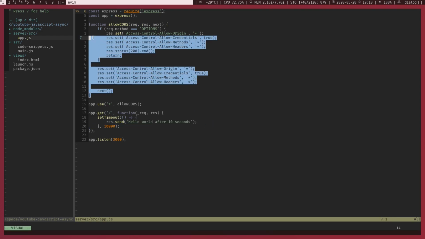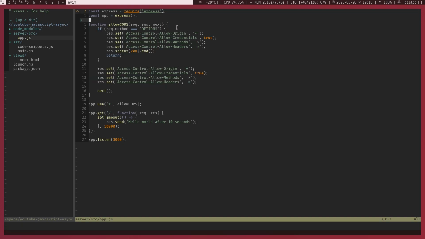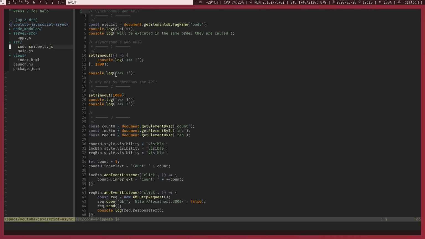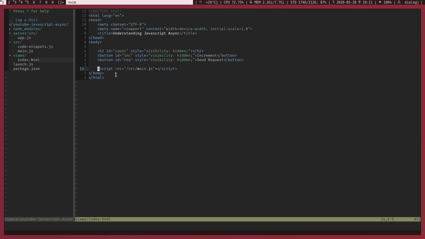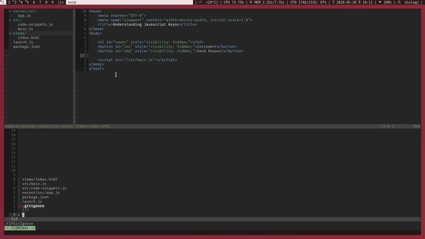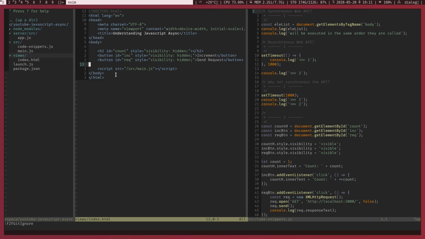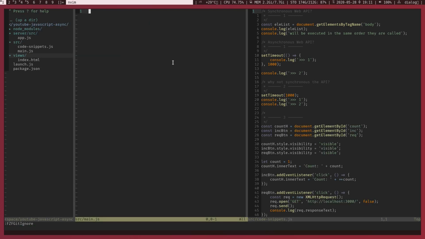So I had to allow cross origin, otherwise I'll not be able to send a request from another origin. So that's why I'm using this middleware. Now I got a bunch of code snippets, and I got a main file that's empty for now, and I got an index.html file in which I'm linking that main.js file. So let's start. Now let's open the code snippet on the side, and I'm going to open main.js in this left